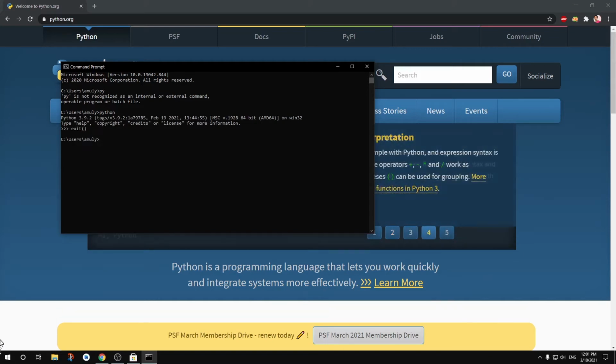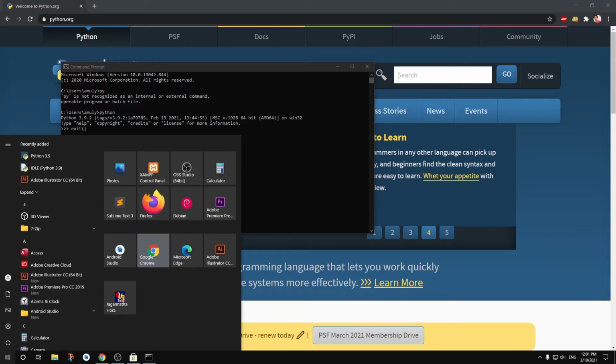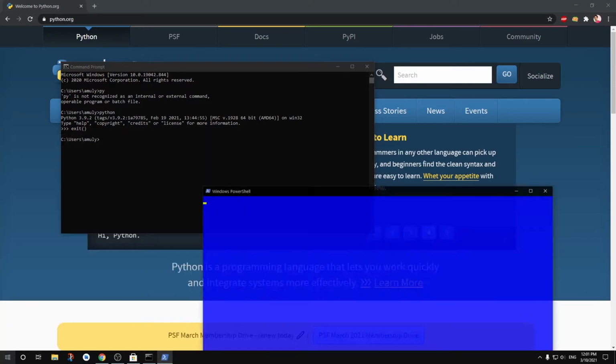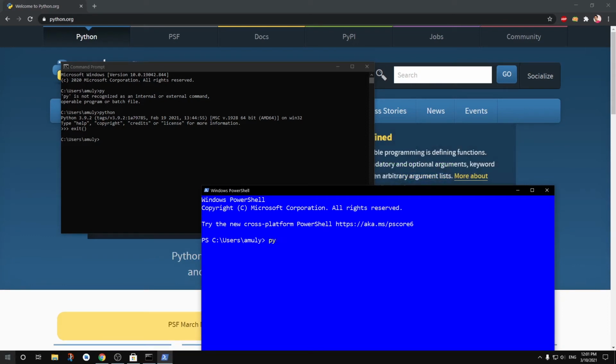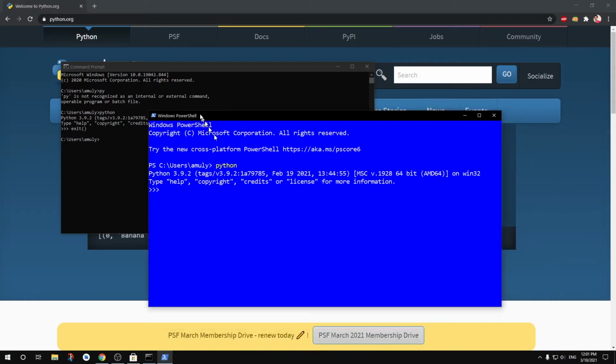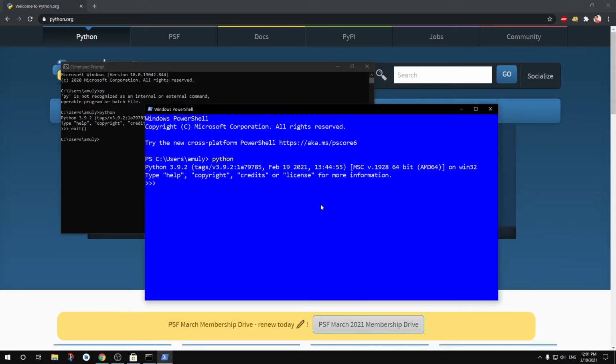If I go ahead and launch it from PowerShell, you should see, so it's taking a bit longer. If I say python, you will get Python 3.9 up and running. So now let's go ahead and try